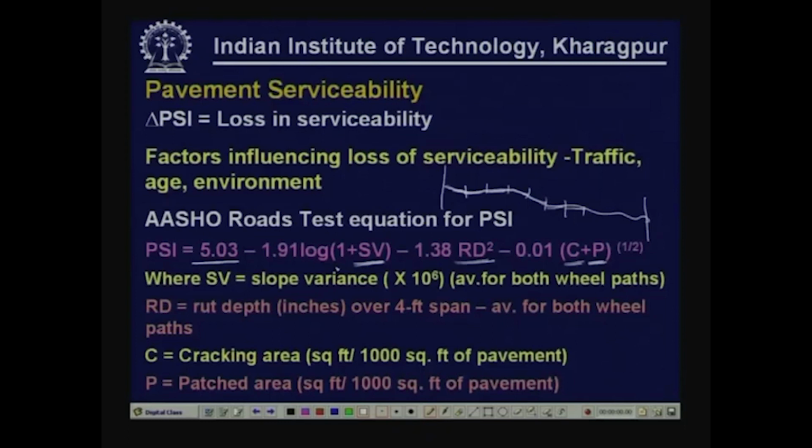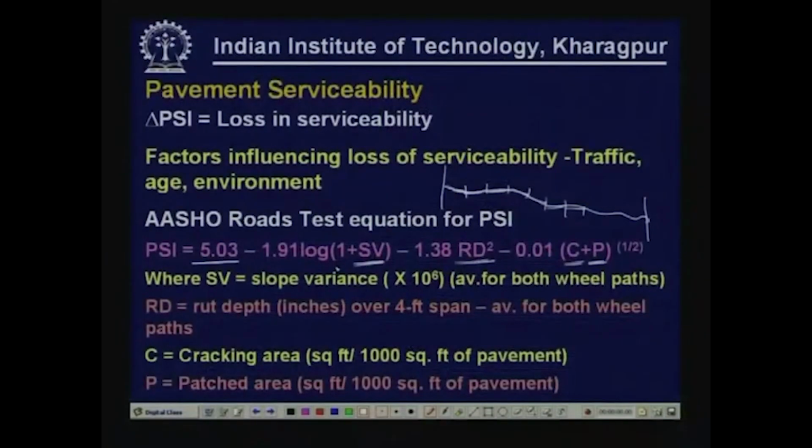measured along both wheel paths, because rutting is normally going to occur along wheel paths. So, in a given lane there will be 2 wheel paths, so there will be rutting here and rutting in the other wheel path also. Normally we have to consider the average of both the wheel paths, rutting that is observed in both the wheel